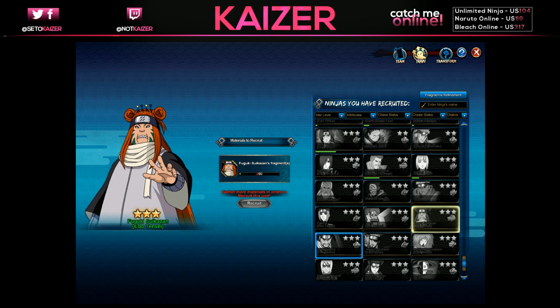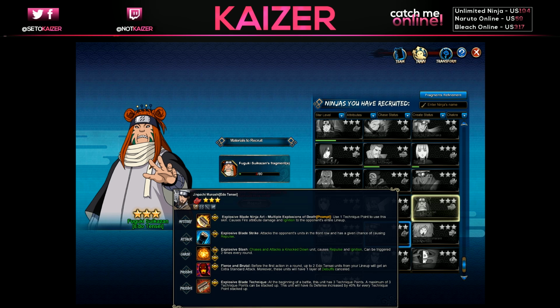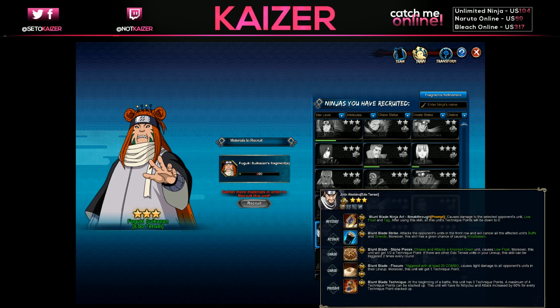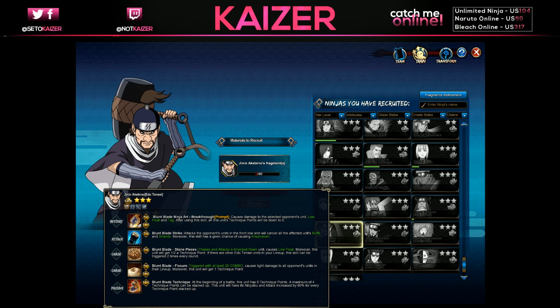Now you have Genie. Basically, the remaining ones, or at least the ones I'm really looking forward to. The ones I would love are Kushimaru and Genie, or not Genie, Jinpachi. We have Genie and Akibino. Causes damage to selected opponent's unit, low float, and tag after...